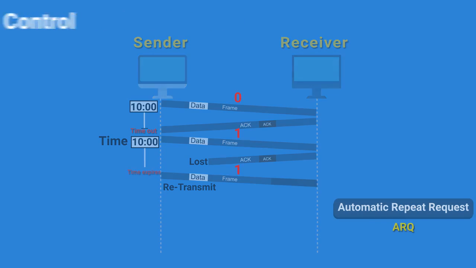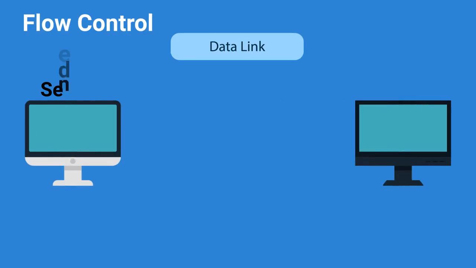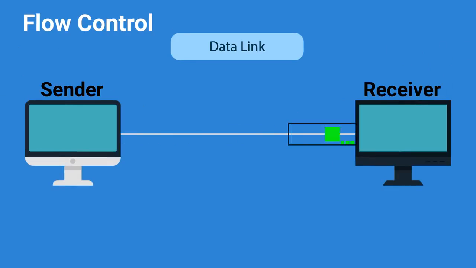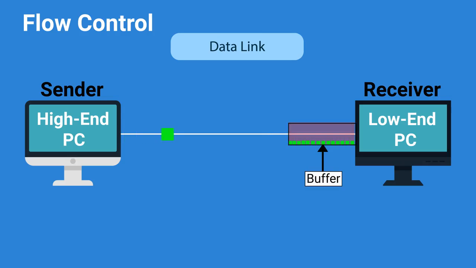Flow control. Another critical problem that occurs in the data link layer is that sometimes the sender transmits frames faster than the receiver can accept. This problem occurs when the sender is running on a powerful machine, and the receiver is running on a low-end machine. Somehow, the receiving device must inform the sending device to slow down, or stop sending frames temporarily. For this reason, every receiving device must have a block of memory reserved for storing incoming frames until they are processed. This memory block is called a buffer. The receiver tells the sender to halt transmission if the buffer fills up.